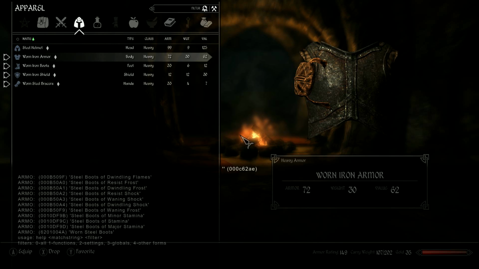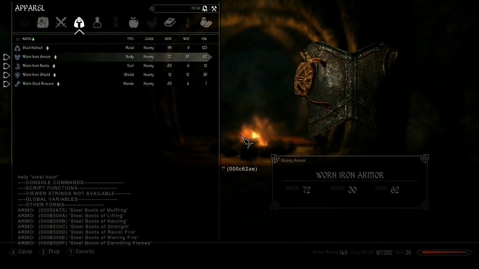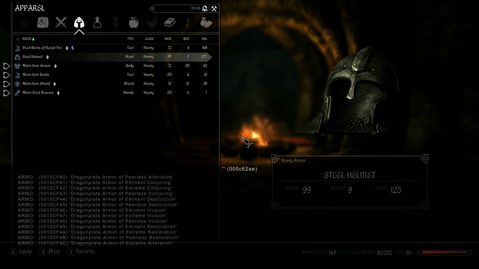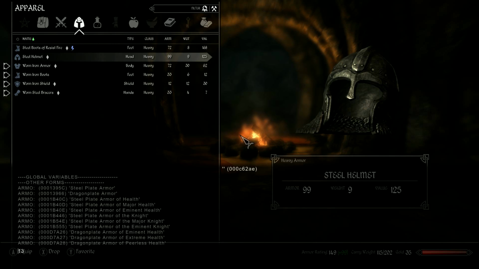And apparently there are no normal steel boots either. So I'll just take an enchanted one. I might as well take the resist fire one, so I can omni-tank it up. That's how I probably would play the game normally anyway. And what else? Apparently that steel armor that I thought I consoled in didn't show up. Let me try steel plate. I guess this really doesn't